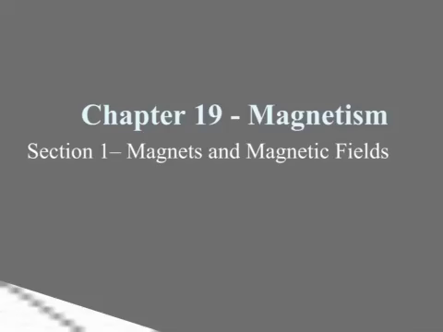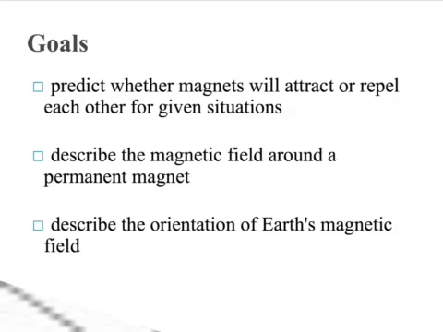Welcome to Chapter 19, Section 1. We're going to be talking about magnets and magnetic fields. So what we're going to do today is predict whether magnets will attract or repel for given situations. We're going to describe the magnetic field around a permanent magnet, and we're going to describe the orientation of